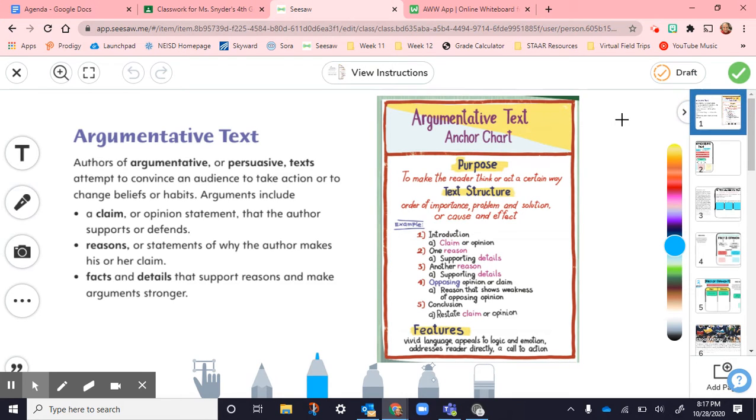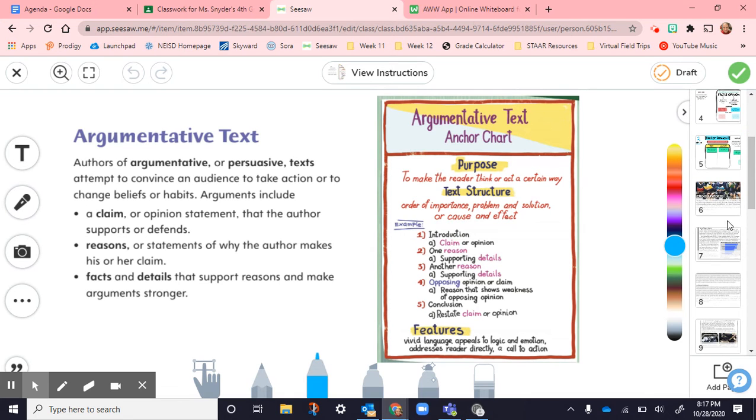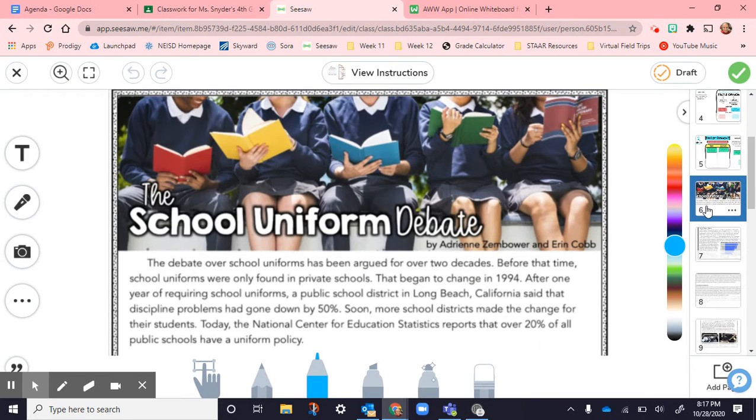All right, so argumentative texts, we're actually on page 6. All right, so we started reading this one. It's called The School Uniform Debate. And so we talked about,